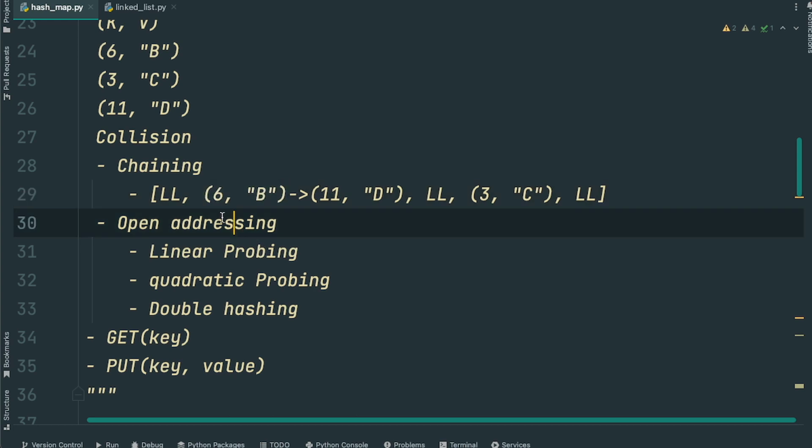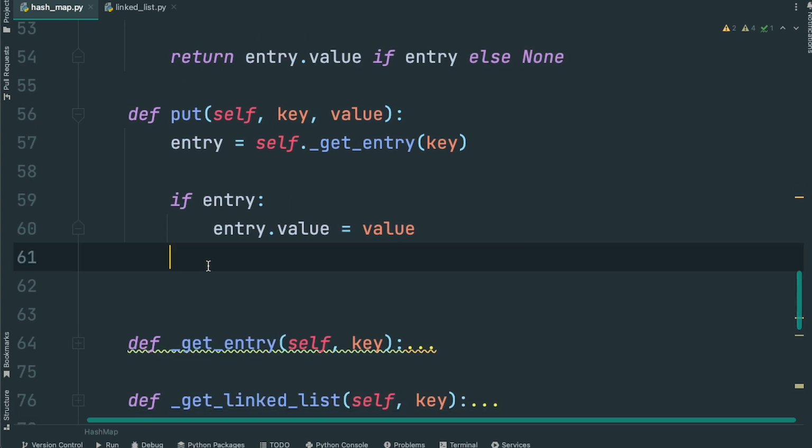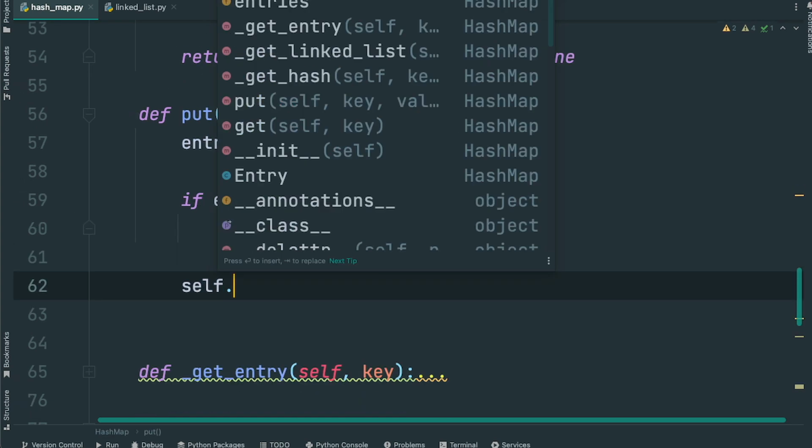So we need to check if there is already a linked list and add the new value at the end of the linked list. Otherwise, we need to create a new linked list and just add the value as the first value of the linked list. All right. So let's go ahead and create a method that can be called something like